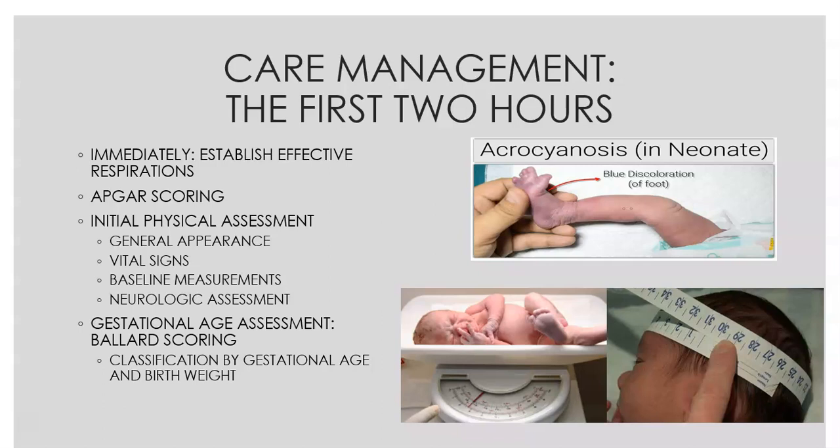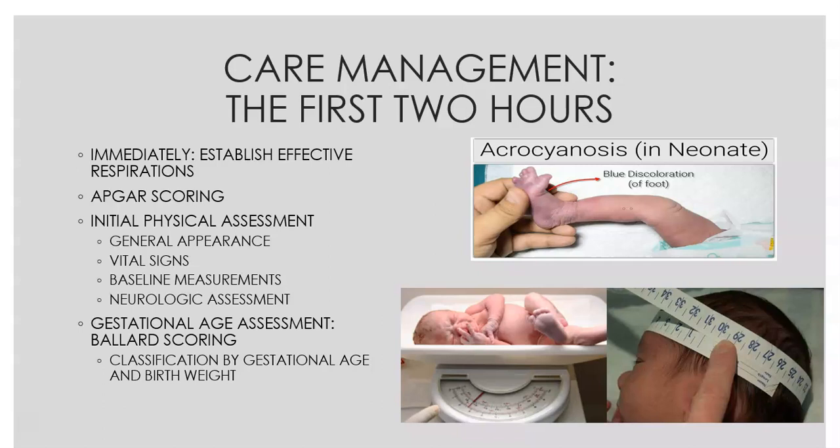So going back to vital signs, make sure you know your normal newborn vital signs. Heart rate is still 110 to 160, just like it is as a fetus. Your respiratory rate is going to be 30 to 60 and irregular. And we're going to talk about respiratory in a minute, but their bodies are